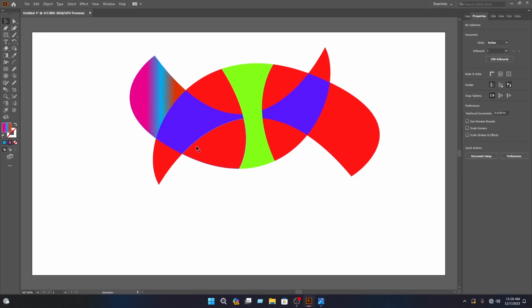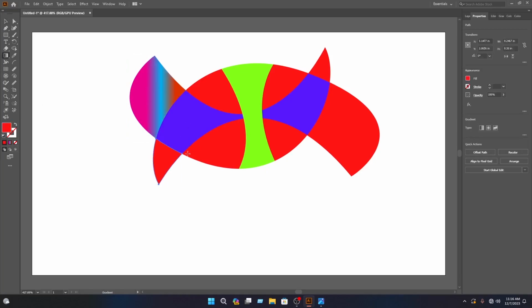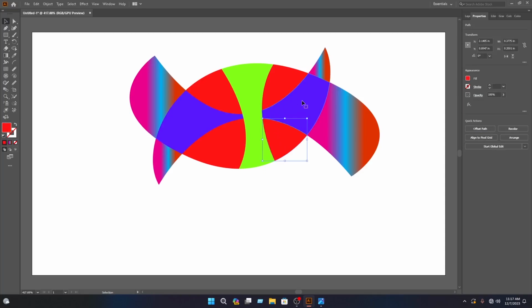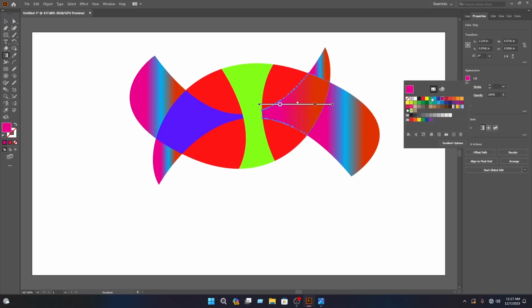then select the move tool, then you have to select this and select the gradient tool, then click on here, then select the move tool, then you have to select this, then select the gradient tool, then click on here, then select the move tool, then select this, then select the gradient tool, then click on here, then select the move tool, then you have to select this layer, then select the gradient tool, then click on here, then select this and delete this, then you have to select this and click on the fill, then select this color,